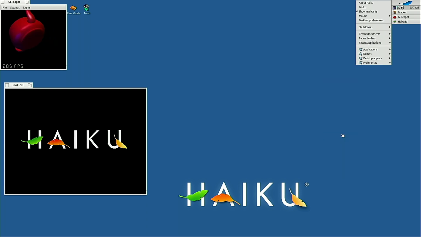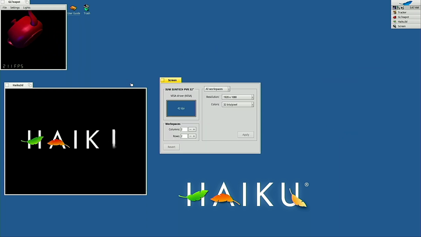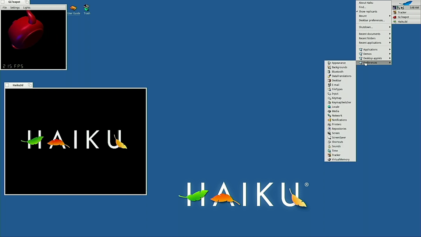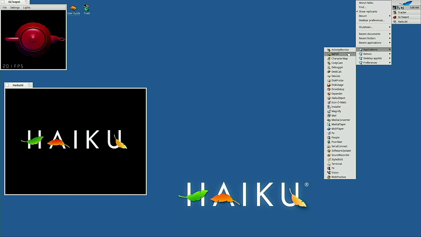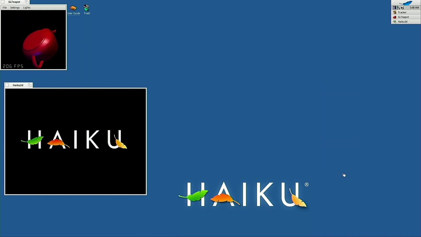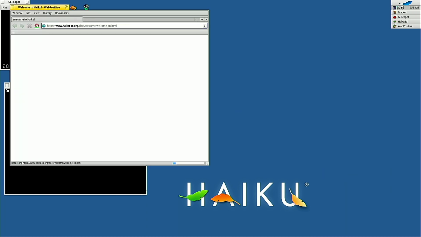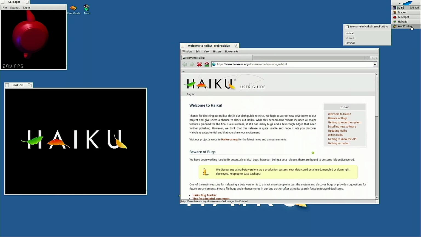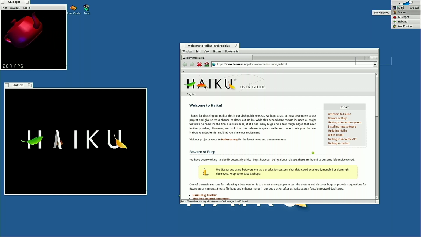And there's screen, I guess. Yeah, it's actually showing my capture card there, and then network works, preferences. There should be a browser somewhere that can go to some website. I think it's the WebPositive browser. I think you can even get Firefox for this, and that usually works fine. Let's see if Firefox is available in their app